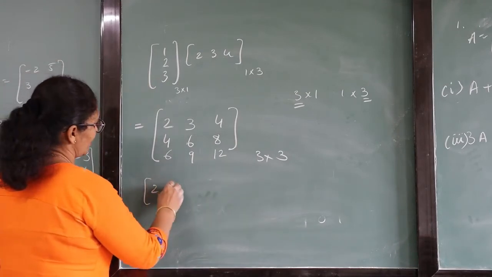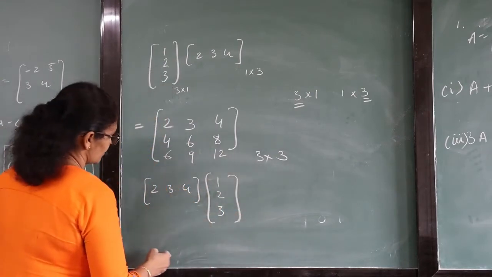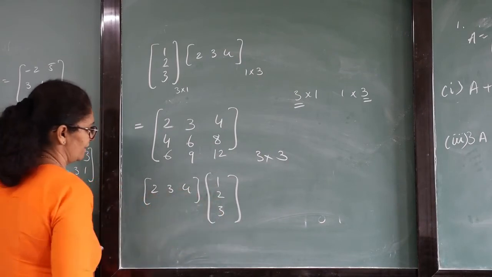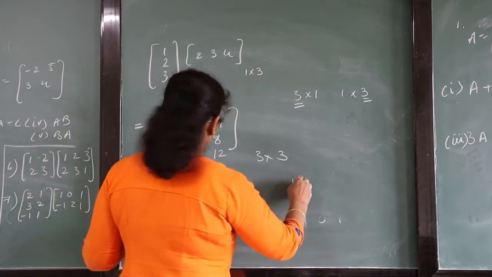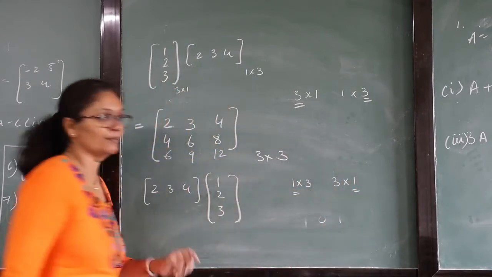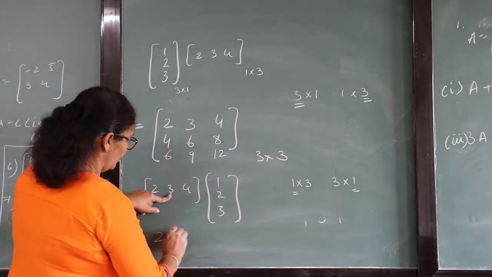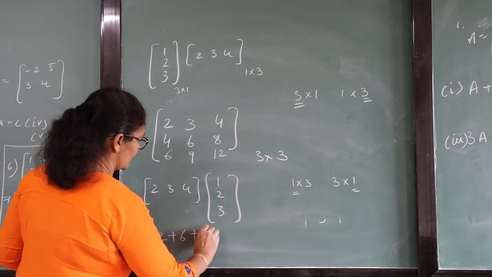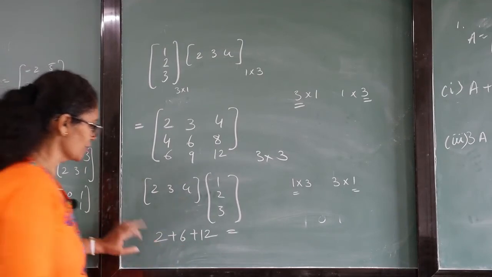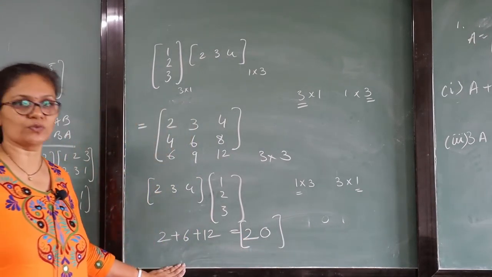Now let's reverse it. It means first I write the row matrix and then I write the column matrix. Now can we multiply? Check it. First row will be multiplied with first column. What is the meaning of it? 1 by 3 and 3 by 1. So the answer will be 1 by 1, meaning a single answer. Okay, let's do it. 2 ones are 2 plus 3 2s are 6 and 4 3s are 12. What is it? 12 and 8, sorry, 12 and 8 will be 20. So only a single answer you are getting, that is 20.